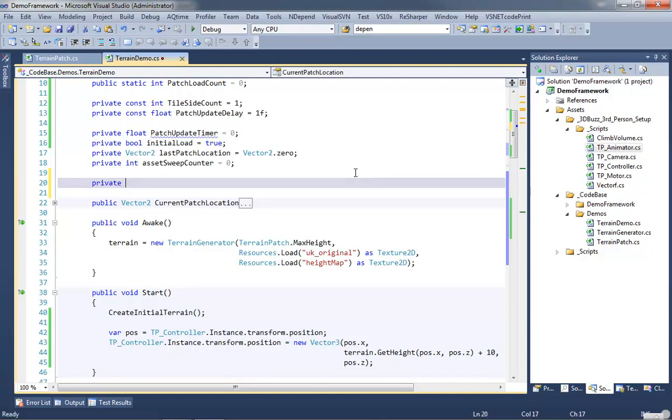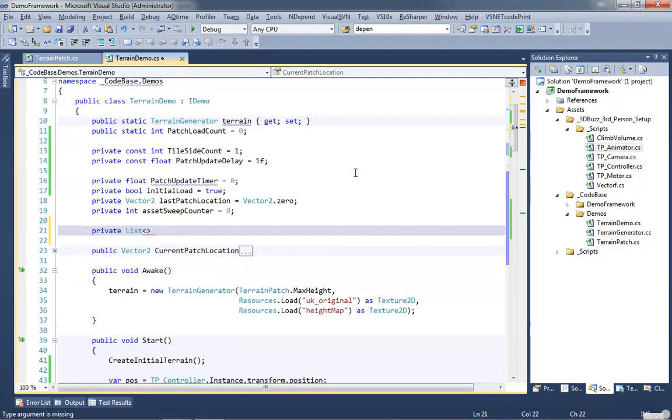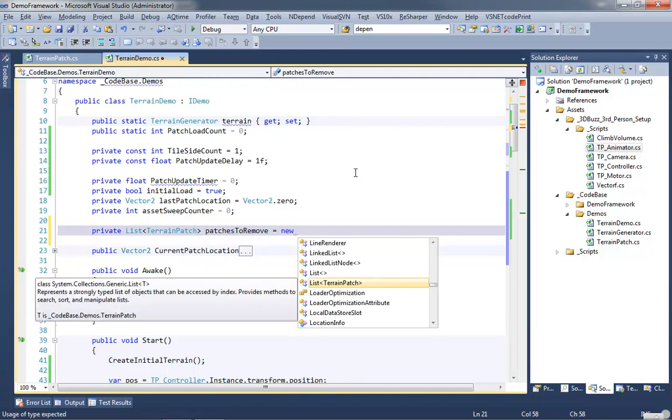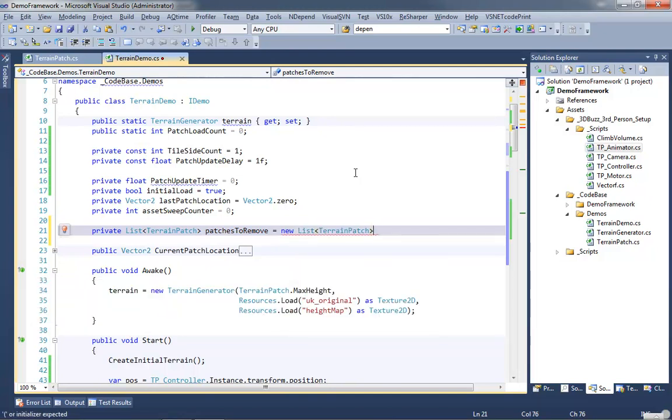So list, let's enter, and I want generic collection of list. So we're making a list that holds train patch. And we're going to name this one patches to remove. Again, highly descriptive. And we'll set this to be a new list